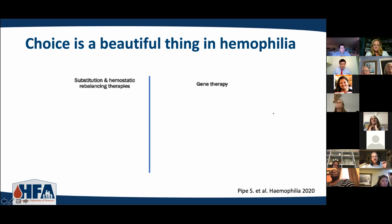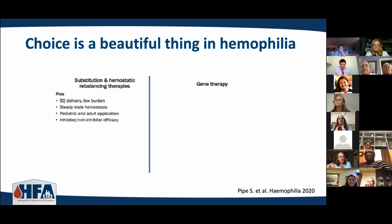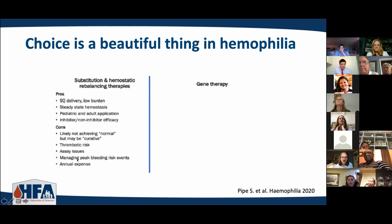So the last few slides, I think in hemophilia, we talk about lots of different options. We talk about choice. It's really important that hemophilia is like a humongous buffet line at one of the South Carolina meetings, right? And you get a huge choice, right? You have your substitution and hemostatic rebalancing therapies. That's going to be great for a lot of people just because that's really good for a lot of patients. We have some patients that are not willing to take any other additional risk and jump into the new therapies. That's fine. Also on that buffet line, there's other things that may be available, like emicizumab, fitusiran, hopefully